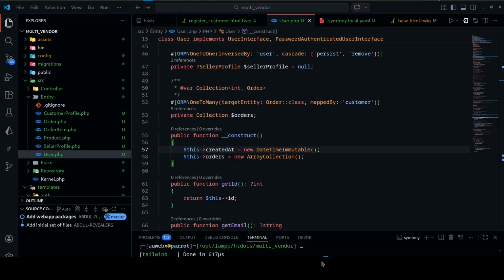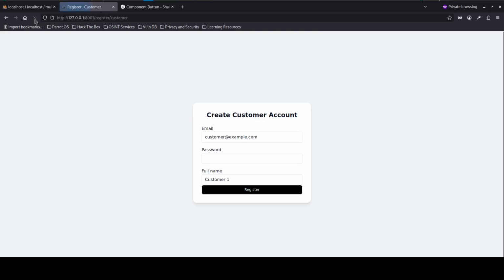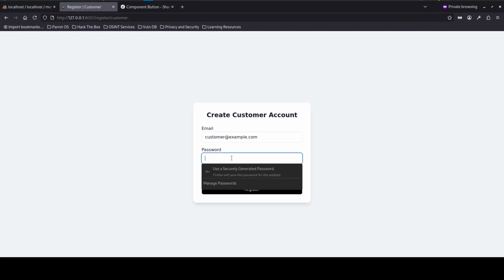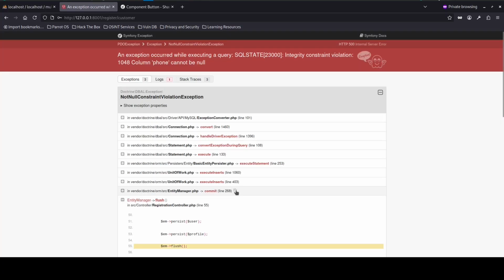All right, so after we do this, now let's go back to the page again. Reload this. So for the password, we are going to use customer1234. All right, so next it says